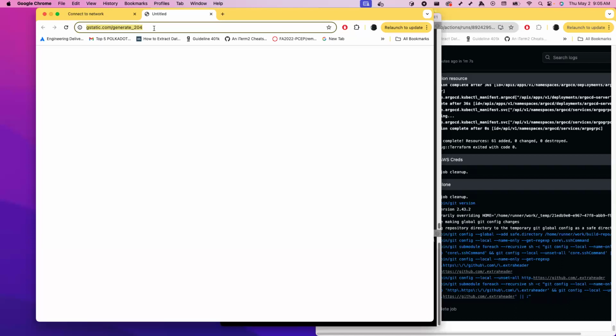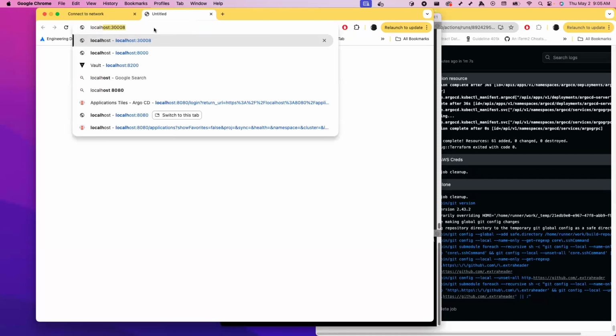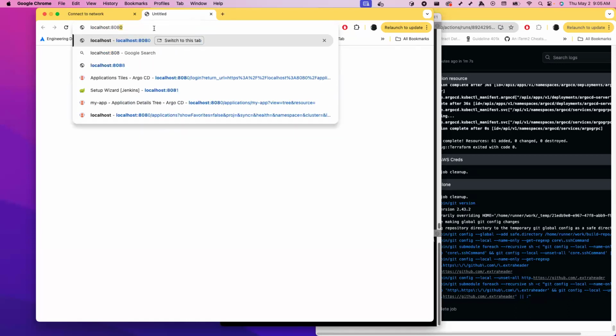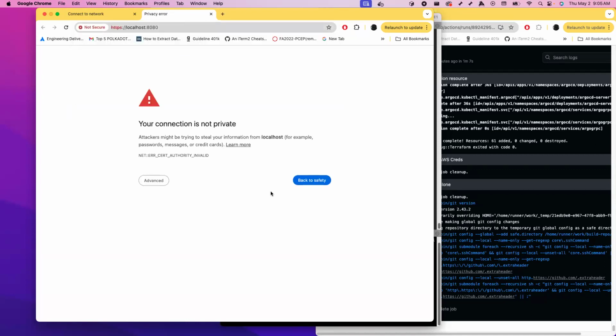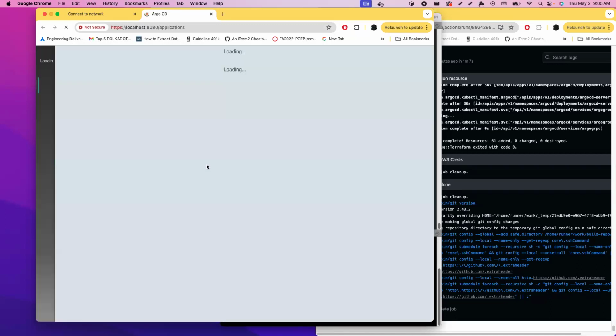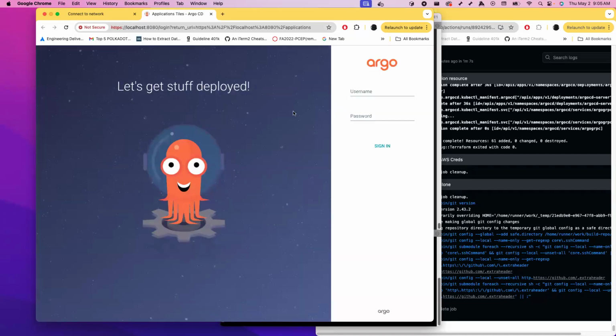did I type the right thing? The localhost 8080. Enter. So click on advanced and proceed to localhost. Okay. So once you go here, it is going to log into ArgoCD. Once you're logged into ArgoCD, again, the username is admin,